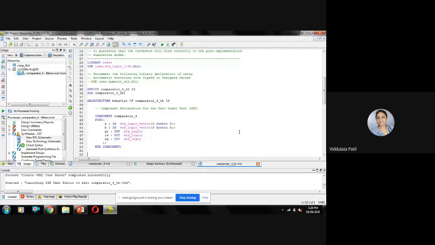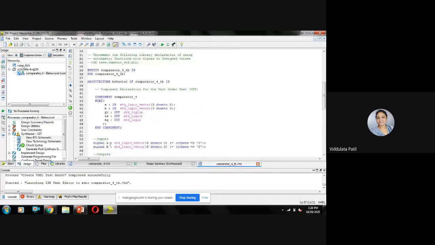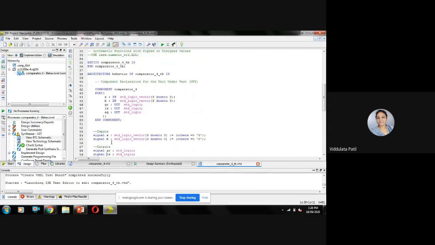So in architecture, you can see here the ports of these components that are listed. Then after that, you can see here we are going to assign signals. All the signals, A input as well as B, will now be considered as signals here